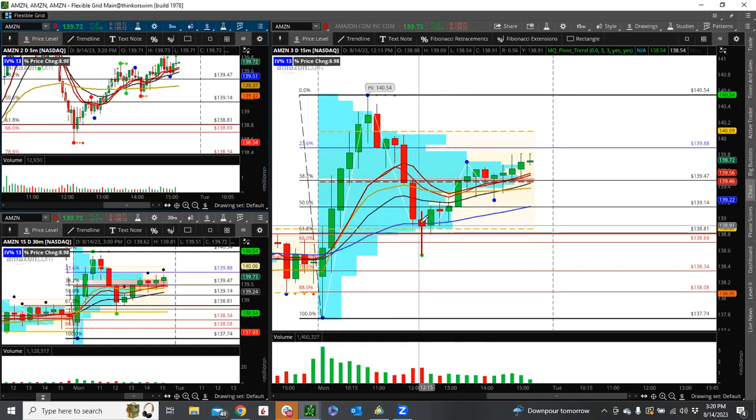And I remember at one point it was green. I was like, oh, even better. But as soon as I got this candle, I waited another 15 minutes. As soon as I got that candle and I got the close above this level, my stop went right here, right? So immediately I was able to basically cut my loss in half,